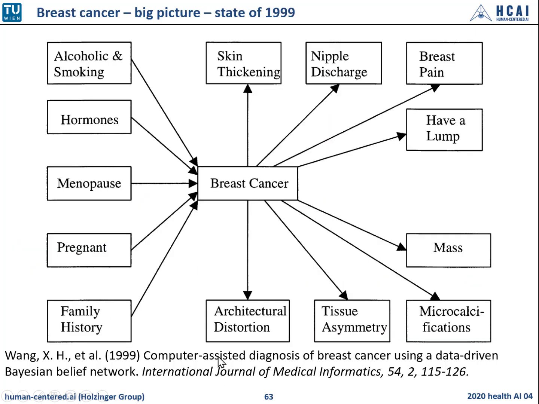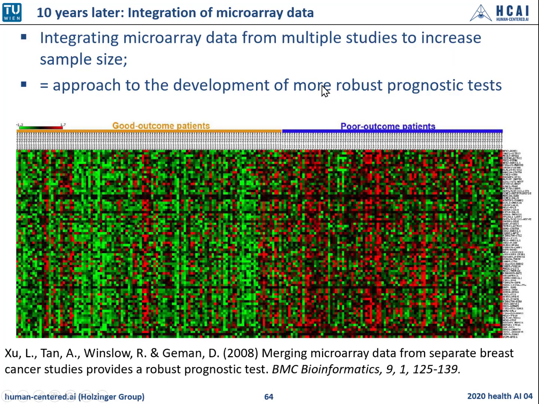So here you see the big picture. This slide summarizes the aforementioned things and shows the big picture of such a Bayesian network to diagnose breast cancer. The first layer includes 5 features related to the patient's clinical history. The second layer contains 1 diagnostic feature, breast cancer, and the third layer involves 8 features from both the mammographic findings and the physical examination. And this was the state of 1999. This was in the absence of genetic analysis, which is now state of the art.